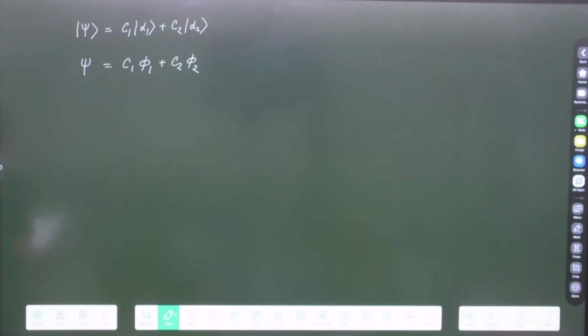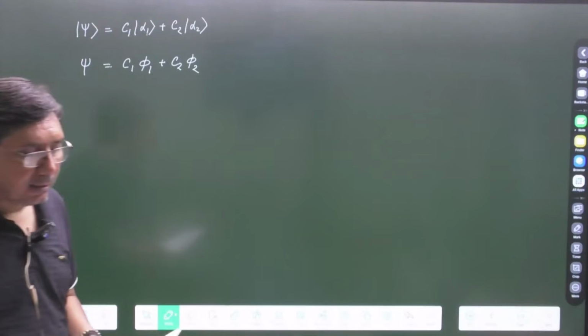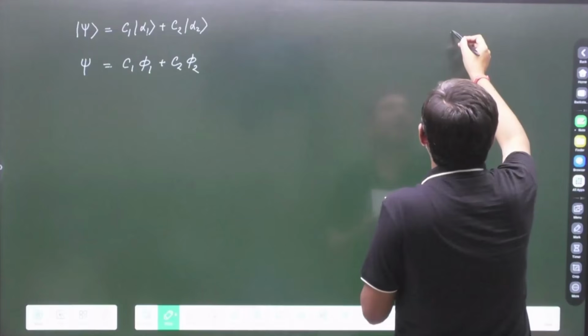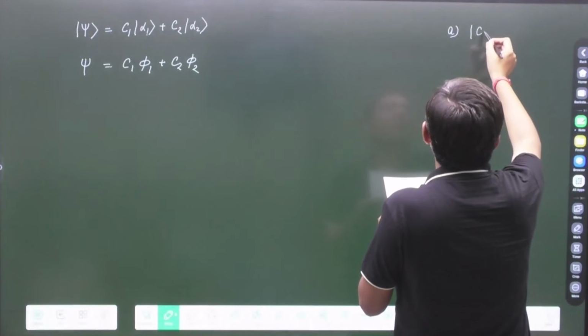लिखिए, where alpha 1 and alpha 2 representing two different eigenstates of the system, requires that the constants C1 and C2 must satisfy the condition. This is C1, C2